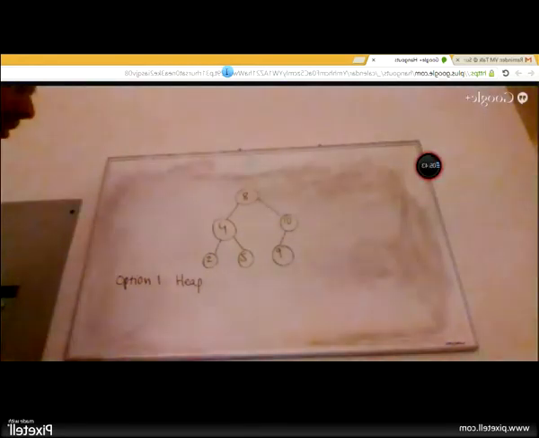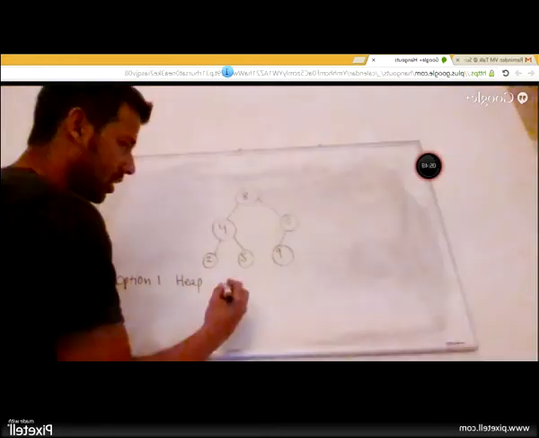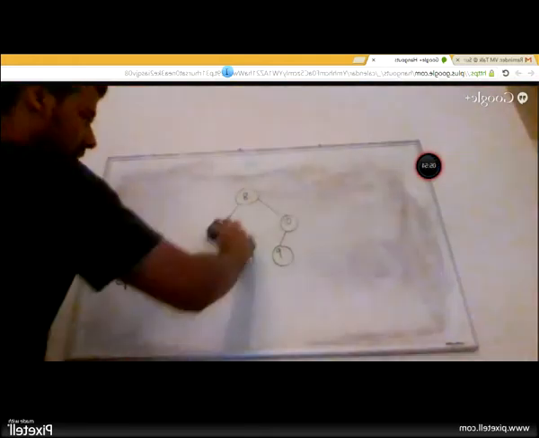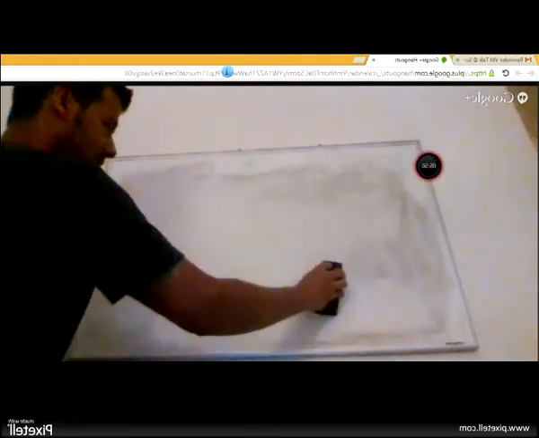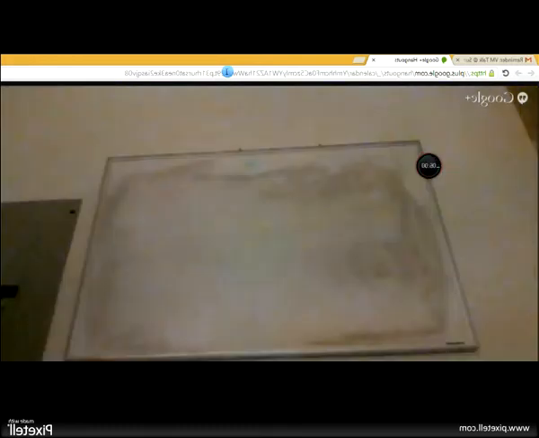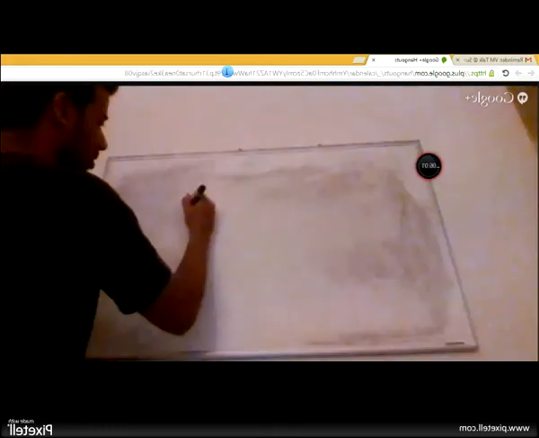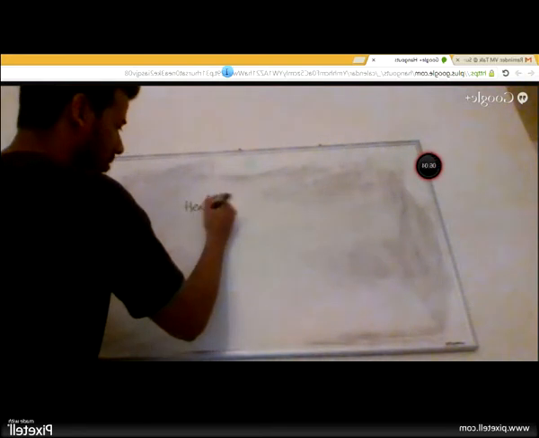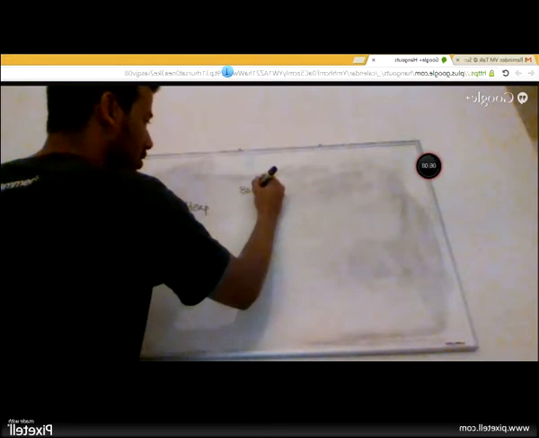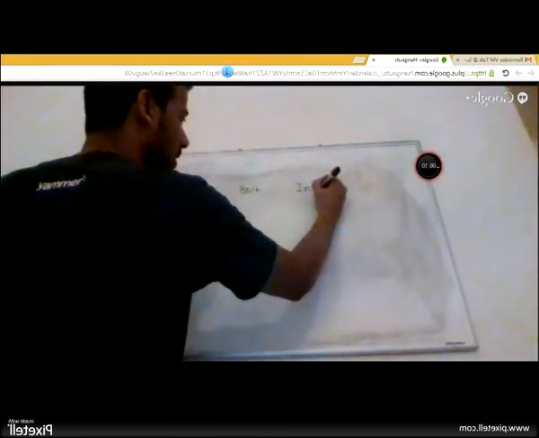What is the insertion time? So there are two operations here, insertion and fetch me elements in sorted order, right? So what would be the time complexity to insert an element in a heap? So we'll be inserting at the end of the tree. Sort and insertion, right? We have two things.